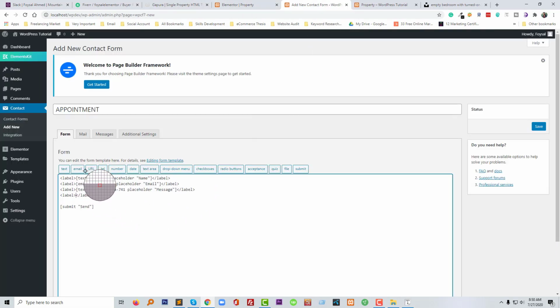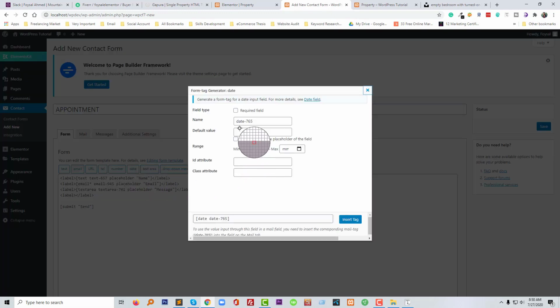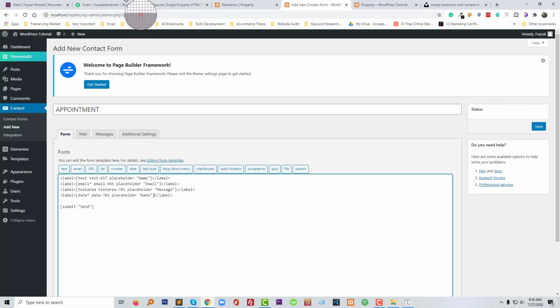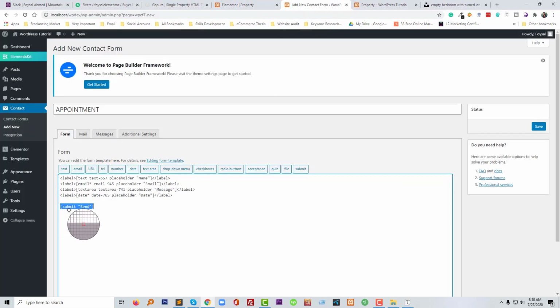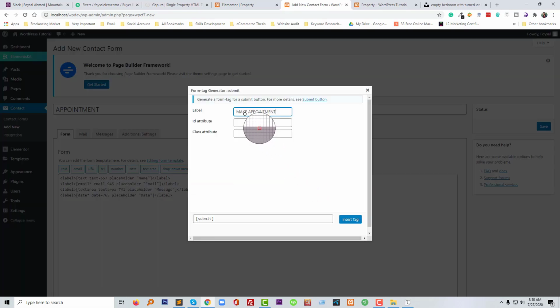So going to click on the date, and after that we need to add a button, make appointment. So going to add a button, click on the submit, label, add a button,